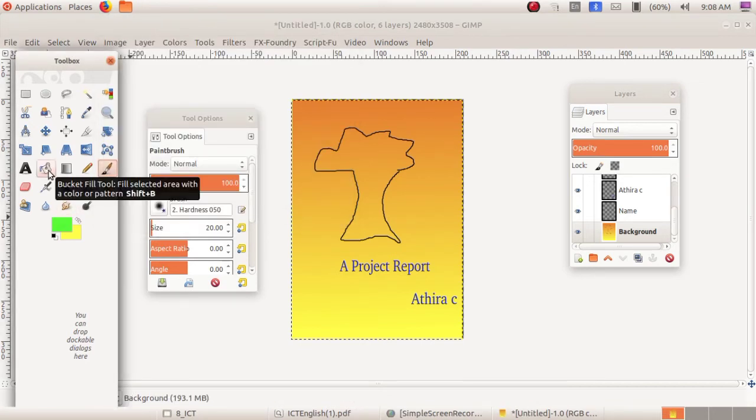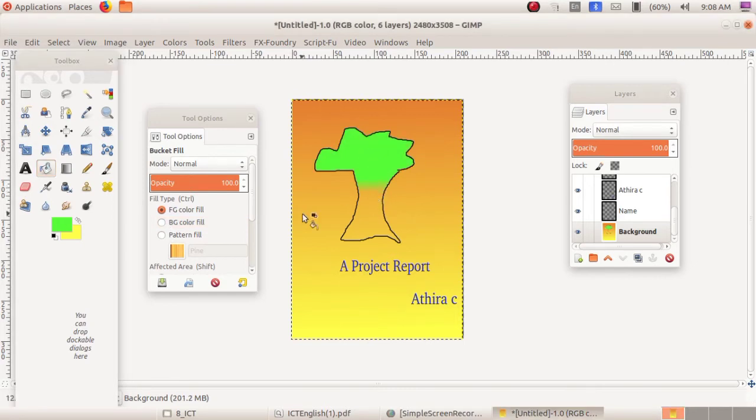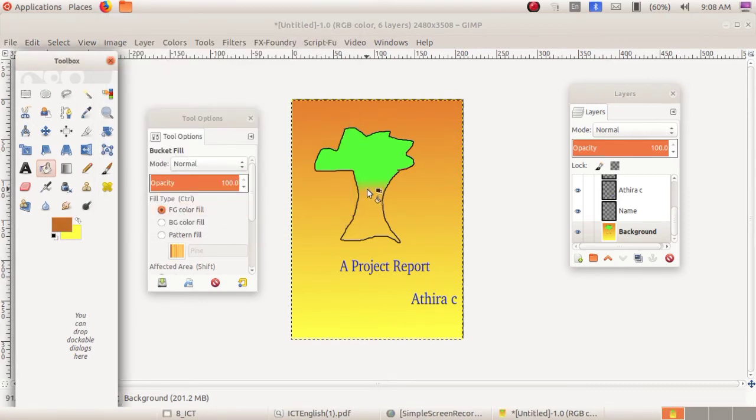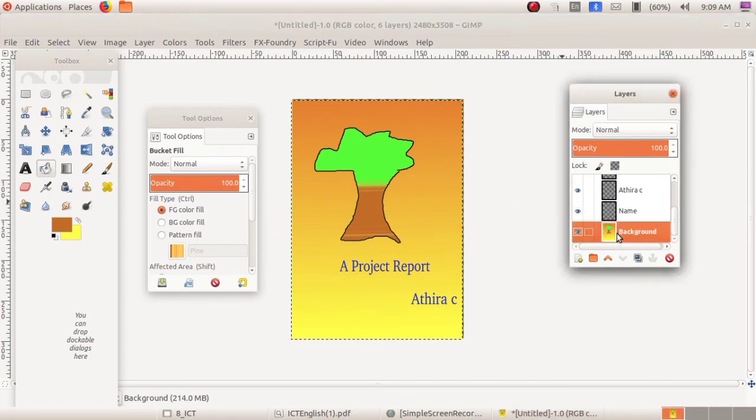Then bucket fill tool. Then click here. Then change the color to brown. Click OK button. Then double click here. Okay. Now you have finished drawing the tree.